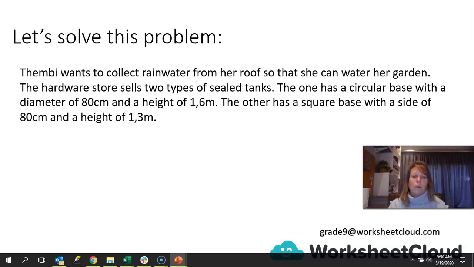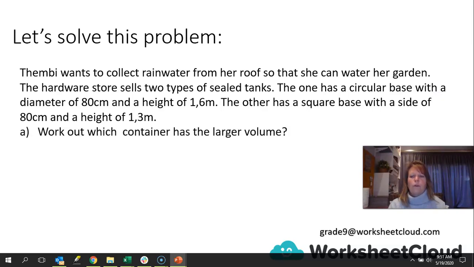The other has a square base with a side of 80 centimeters and a height of 1,3 meters. Okay, so the first thing to do, there's 3 things we have to work out. First of all, we have to work out which container has the larger volume. Obviously, she wants to know which container is going to hold the most